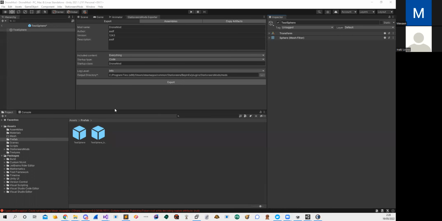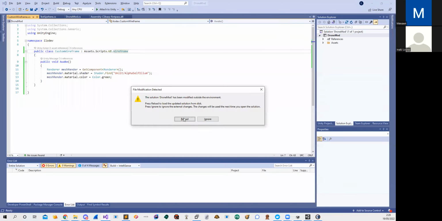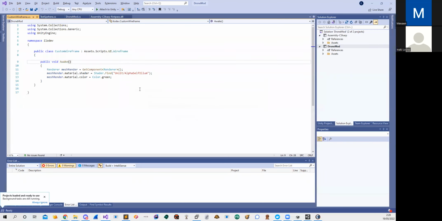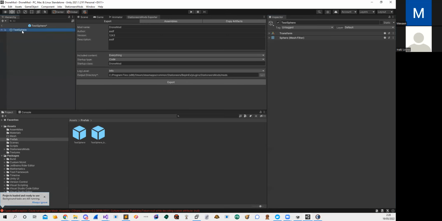If you want to make, all right, if you want to have custom code, all you need to do now is create a new component to it. Let me just wait for this. It is still loading. So what I did here is on this test sphere,